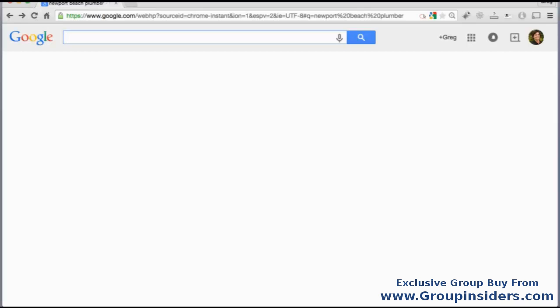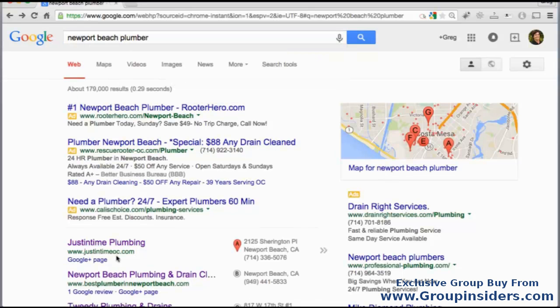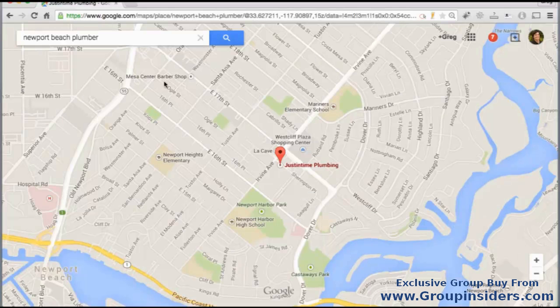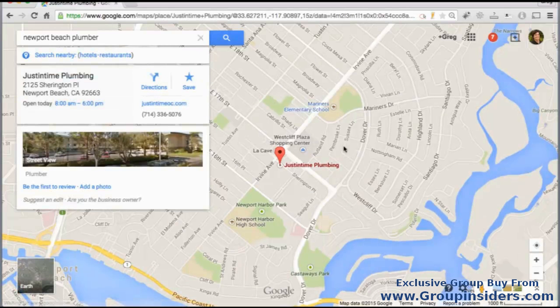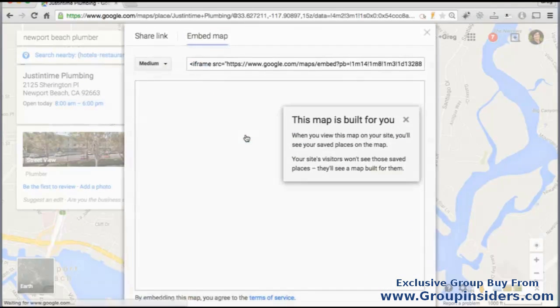Okay, so let's find a business where I can grab a map from that we can embed on the web page. So let's type in Newport Beach plumber, and let's just grab this first one. So let's go to the map for this business. Click on it, and what you're going to see here on the bottom is this little wheel. Click that, click share or embed map, click on embed map,